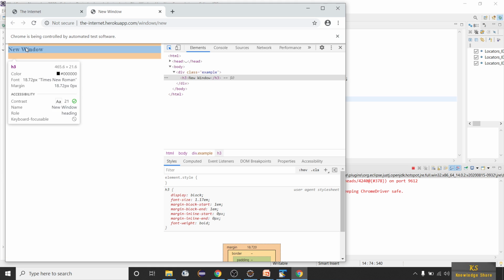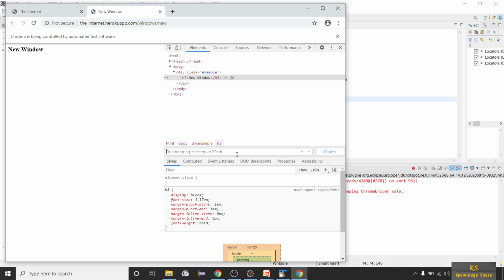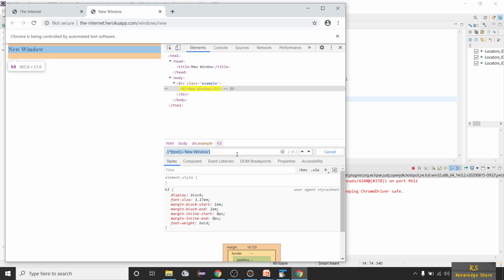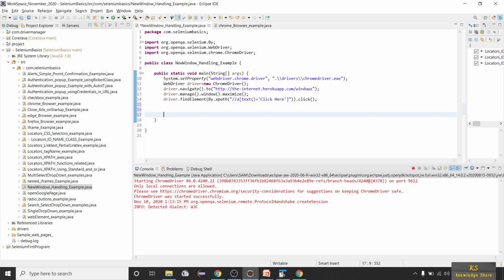Okay, so how to get this element? You will definitely be getting an error. Just keep observing what we are trying to achieve here. So double slash star, text is equal to new window. Okay, so let's take one string variable and try to read that value, new window, right? So string text on child window, or text on new window